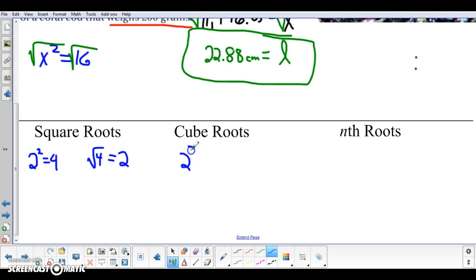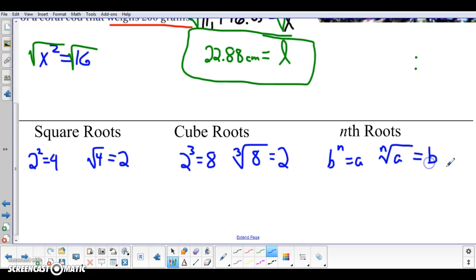Cube root will work in the same way. Let's say I have 2 cubed, or 2 to the 3rd power. 3 2's multiplied together, that equals 8. Well, that means that the cube root of 8 is equal to 2, because that's what I multiplied 3 times to get 8. In general, using nth roots, if I have b raised to the nth power, and it equals a, some other number, that would mean that the nth root of a is equal to b. So the nth root, now we have names for these things. We call this,